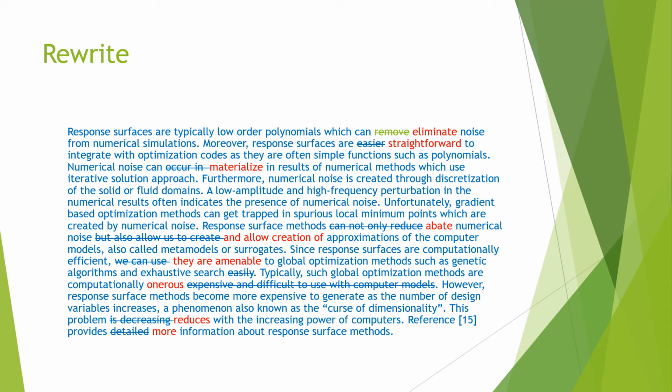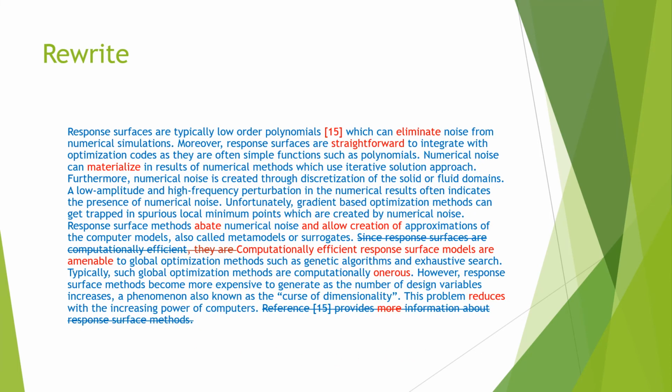Now, again, I can stop at this point, but then why not spend a little bit more time? So again, I have rewritten this out here, and let's make some changes. First of all, I feel this reference 15 sentence is not very useful. Maybe I can just dump this sentence and move 15 here, because I know reference 15, Montgomery and Myers' book, talks of response surfaces as lower degree polynomial. So I just put it here and I get rid of this sentence here.